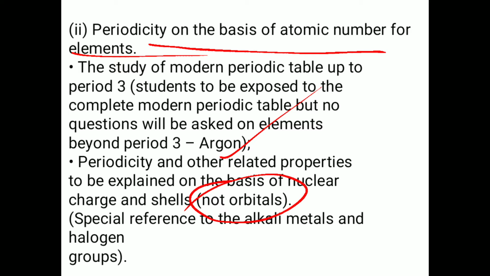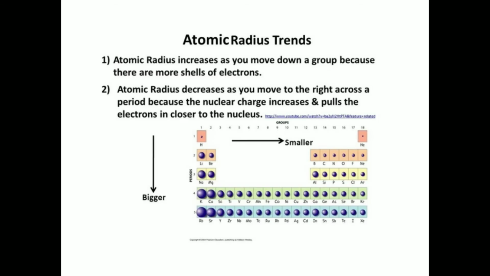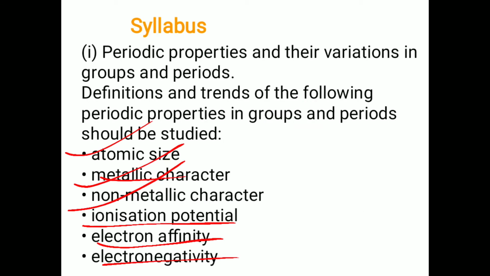Okay, and the special difference between alkali metals and halogens. So there should be a comparative way to look at halogens, that is group number 17, and alkali metals, that is group number 1. So there should be a comparative discussion on the alkali metals and group number 17, that is, the halogens. Okay, so as I am going according to the syllabus, the first thing is atomic size.